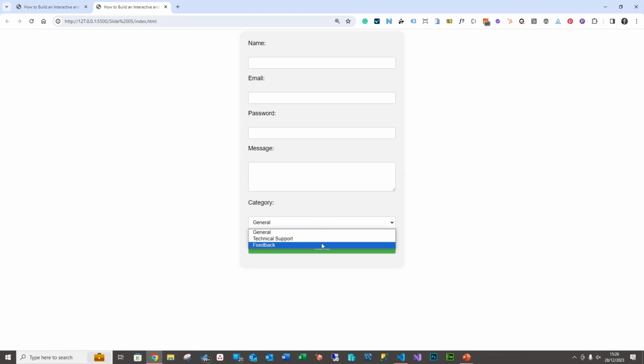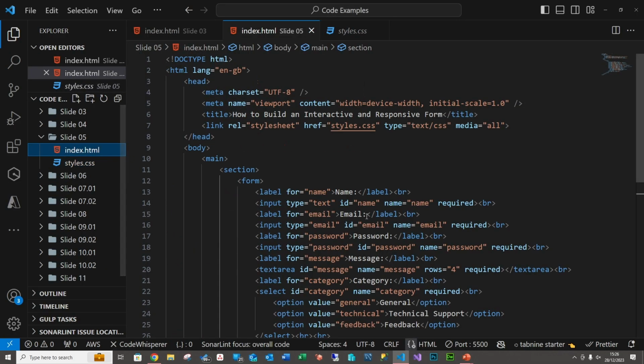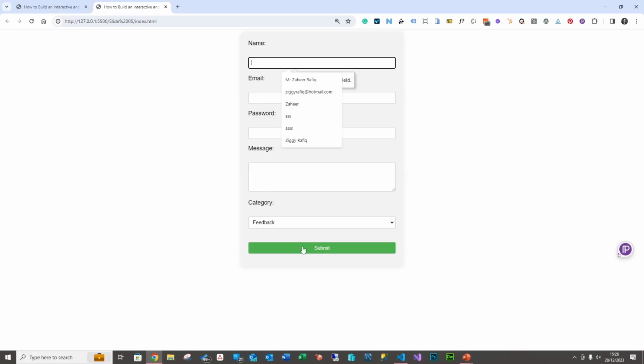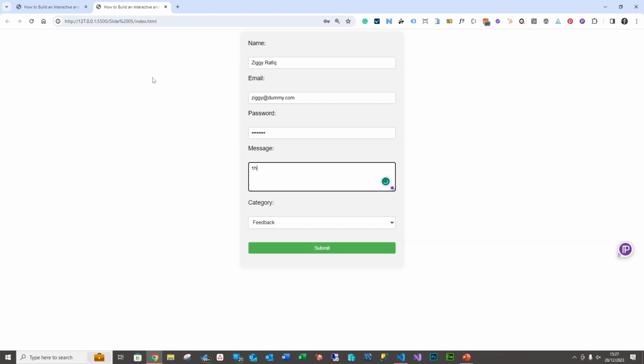You can see we have got the form with a drop-down and without any JavaScript currently. Because we've got the HTML5 required attribute in our tags here, this will become mandatory. So if I click on submit, it will obviously tell me to fill it out. So here I can fill out my name, which is Ziggy Rafi. Then let's say my email address, Ziggy at, let's just say for now, dummy.com. Password could be, let's just say, password. And the message could be, this is a message from